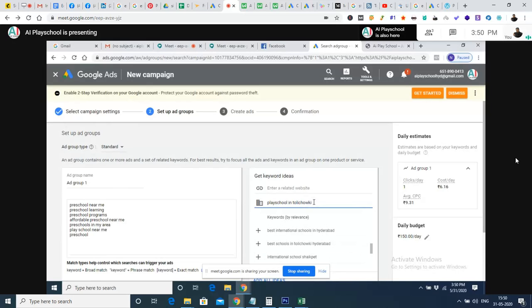But we can use something like top play schools in Hyderabad, play school in Hyderabad, preschools in Hyderabad. You can choose all those options, and we can configure the location so that the advertisement is shown only to people searching for those keywords from that particular location.